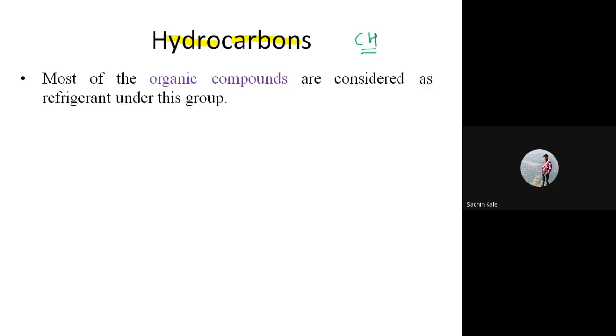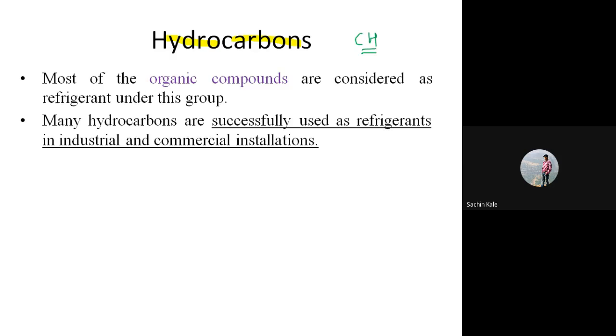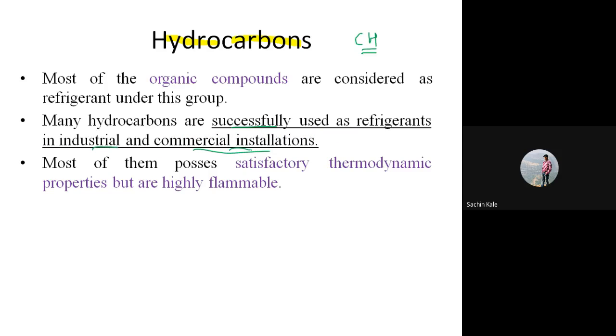So hydrocarbon refrigerant will fall under the category of organic refrigerant or organic compound. Many hydrocarbon refrigerants are successfully used as a refrigerant in industrial as well as commercial installations. But the main disadvantage of this refrigerant,